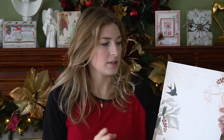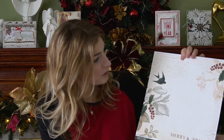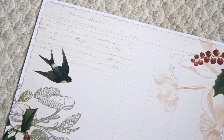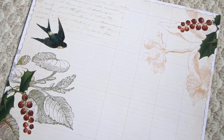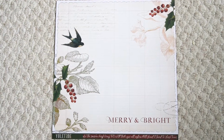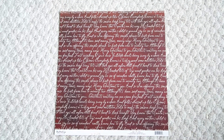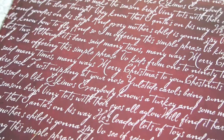I mentioned this in my baby cards video: when you're starting scrapbooking and going with the traditional lines first, before Recollections, they have double sides. So this one, a cute little type of bird that I don't know what it's called, but because this page has such a blank area, it's a perfect page to use as the original backdrop for your scrapbook page. And then the back has just a bunch of calligraphy, and on it actually said,